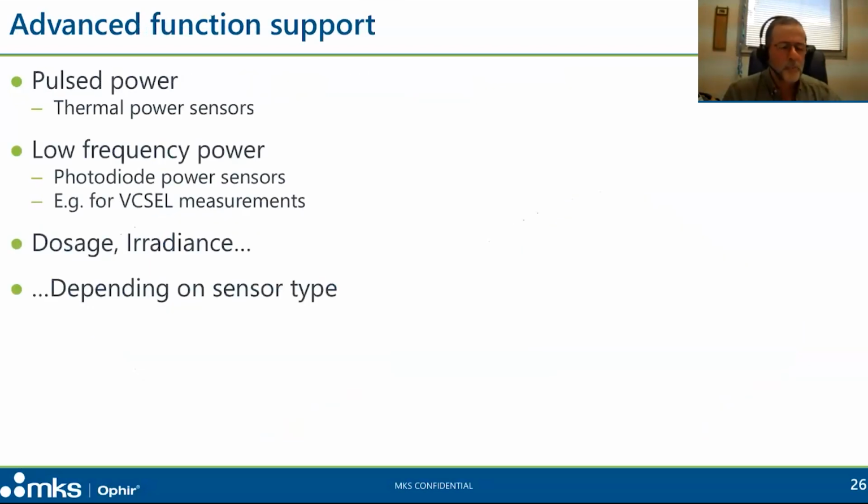I mentioned advanced functions, so just briefly a few examples. We have something called pulsed power, which enables thermal power sensors to measure high power from a very short exposure. Basically, it treats it as a single pulse, and it measures the single pulse energy, and the instrument will divide that by the known prompted input pulse exposure duration, and it gives the instantaneous power as a power readout, so that it enables you to use low power sensors to measure very high power beams, even if the sensor isn't designed to dissipate heat at the kind of rate it would need to, but the exposure is short, so that doesn't become